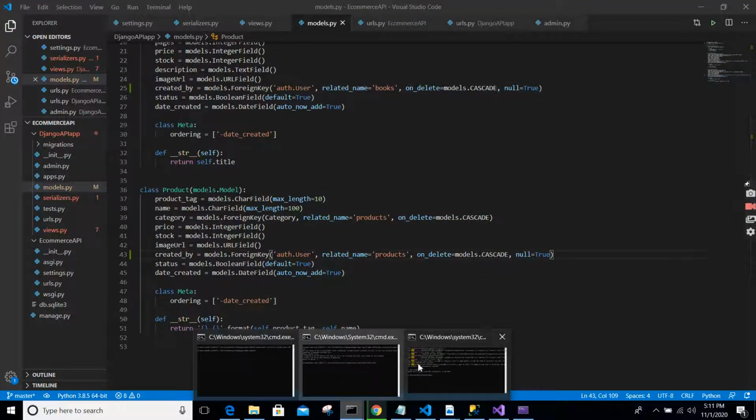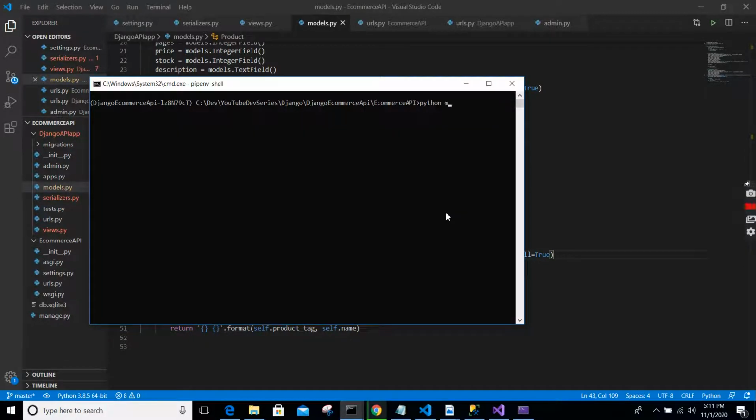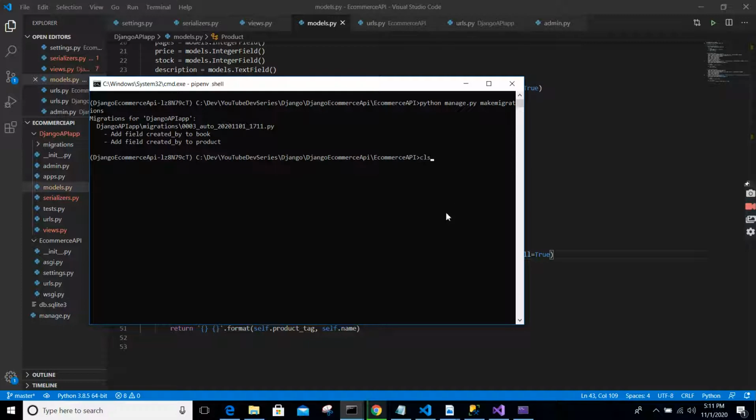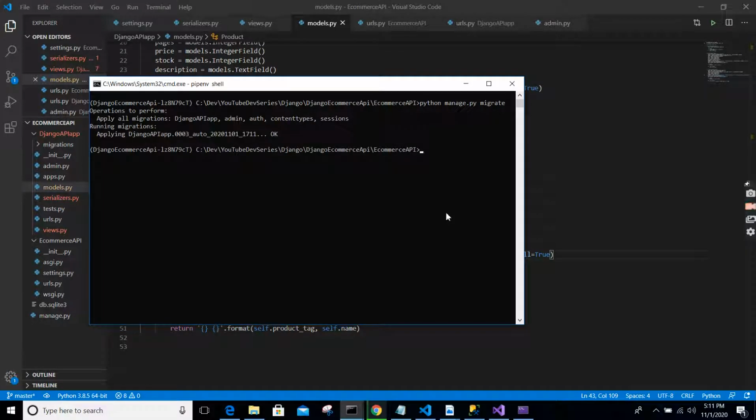Now let's rerun the migration. python manage.py makemigrations. It should run without giving any error again. Great. So python manage.py migrate. Cool. So now if you do python manage.py runserver,